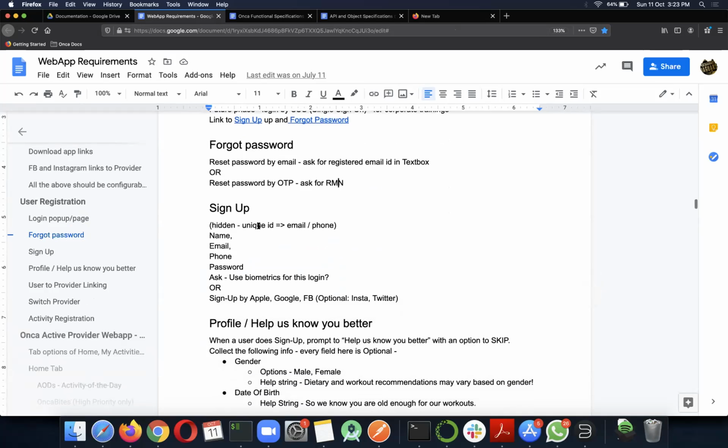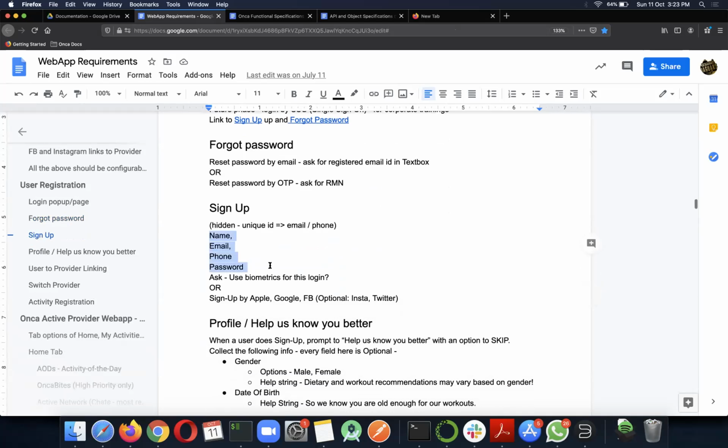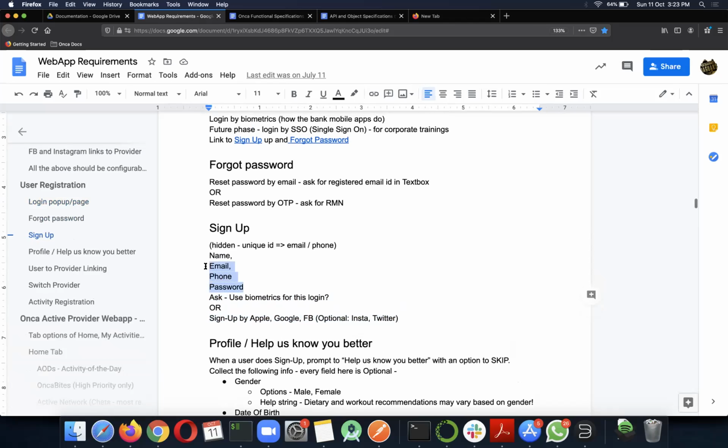Sign up, at the minimum, ask for these things. Whenever you have biometric support, you need to ask, can I use biometrics for login? This is all at sign up. Again, it depends on when the feature is supported. At the minimum during sign up we may want this, and it may be this or this. If somebody gives both, good. If somebody gives at least one of these two,